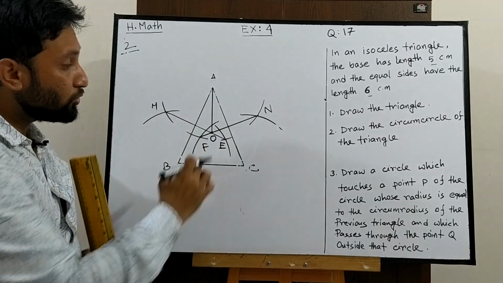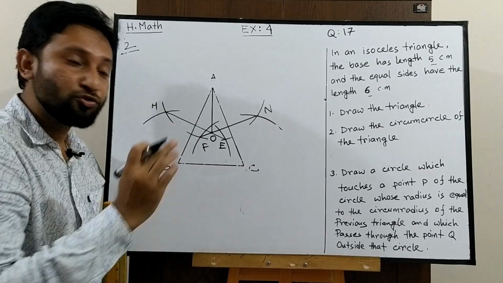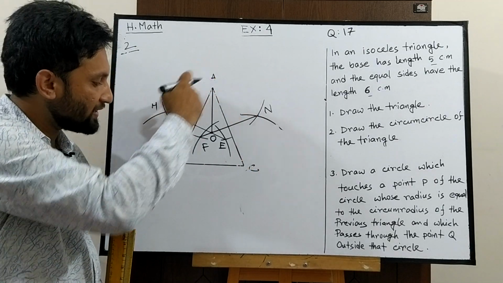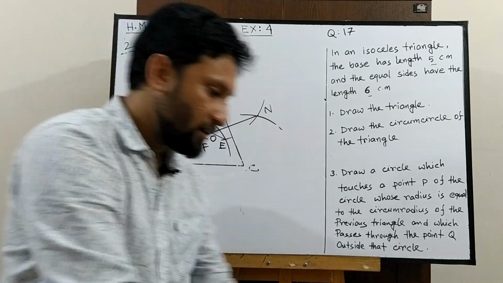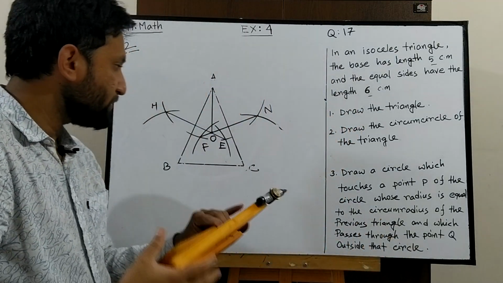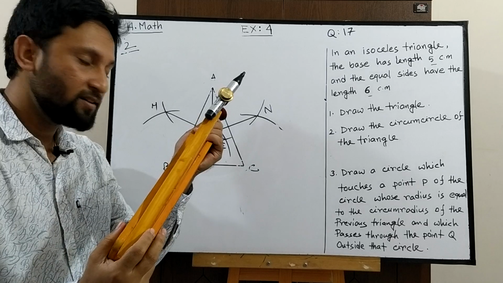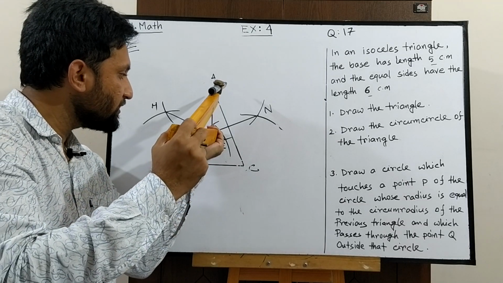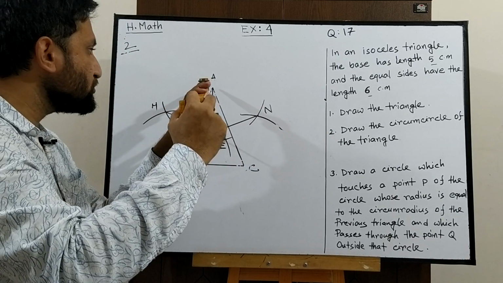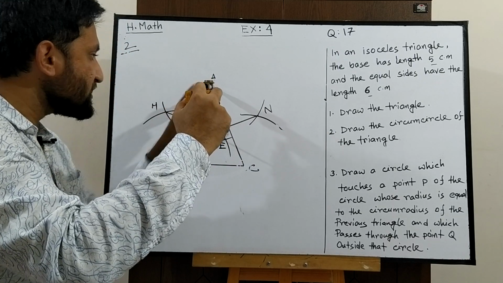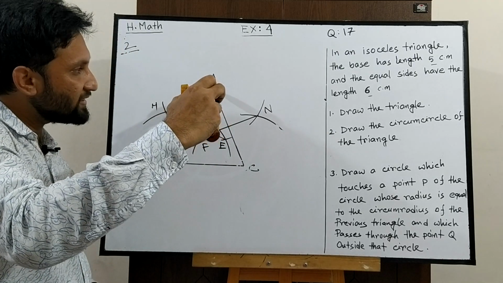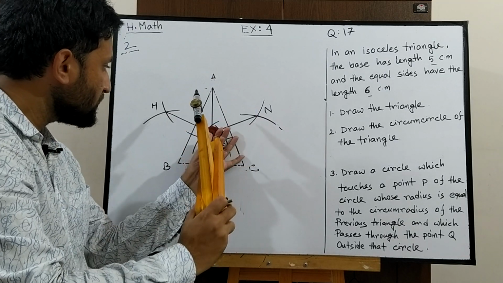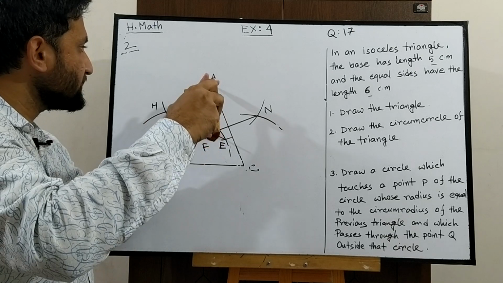Now consider OA as a radius. Draw the circle which passes through the 3 points of triangle ABC. According to the compass, at first set O as the center and set it here, and then according to the radius OA, consider OA as a radius and draw the circle like that.